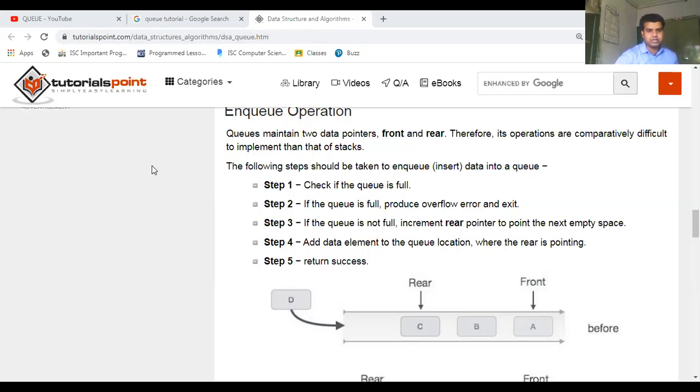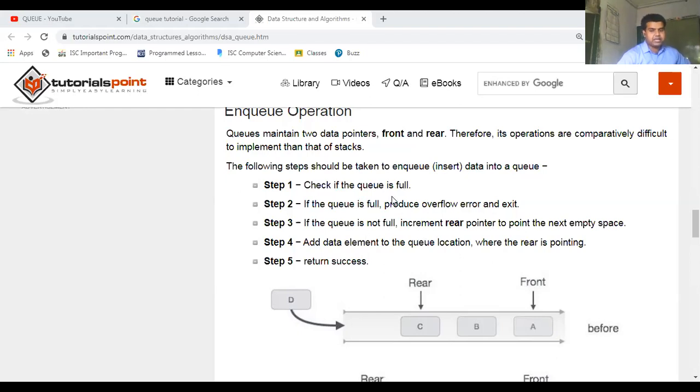So the same thing has been performed here, to check whether the queue is completely fulfilled or not. Because only if there is any empty space can we perform the insertion operation inside the queue. If the queue is full, then overflow, error, and exit. That means there is no possibility that you can insert any value.